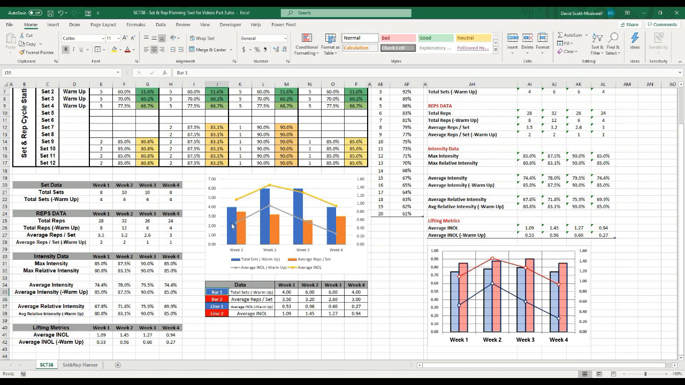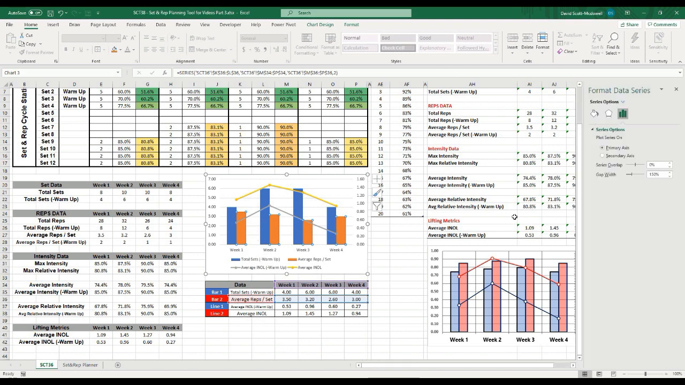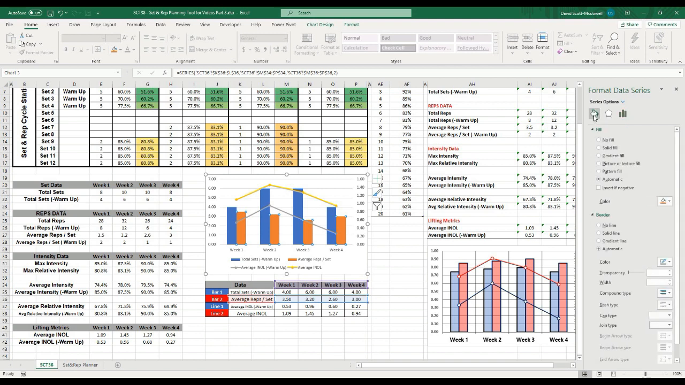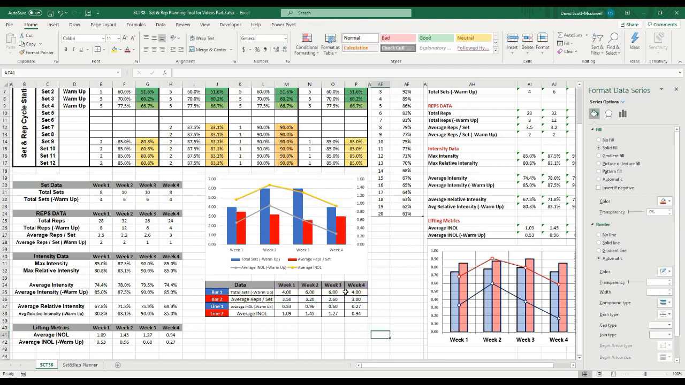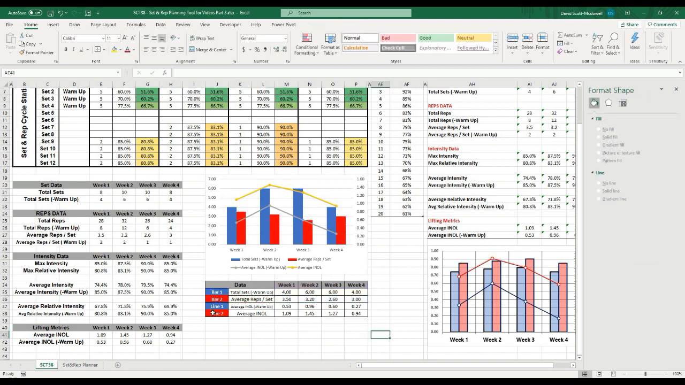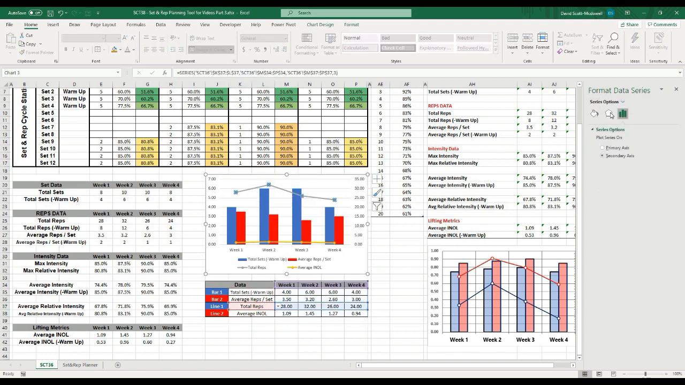So for example, this is bar 1, and then bar 2, what I would do is hit format data series, and it's going to bring a sidebar here, and I'm just going to change the color of it. I'm going to make it red. So now that it matches here, and then line 1, which is average INOL, I'm just going to make it something different so I can tell which one it is. So this is going to be line 1, and I could click format data series again, and over here,